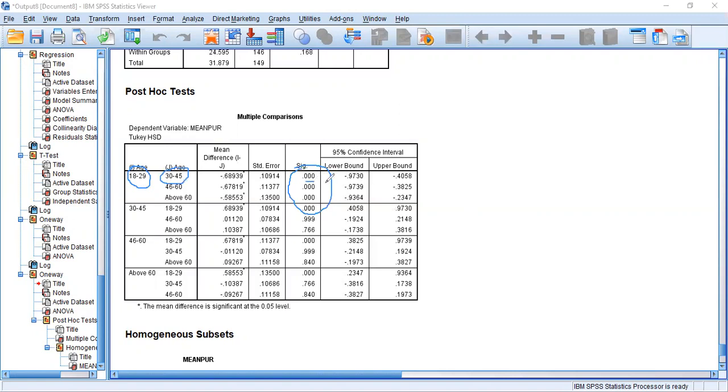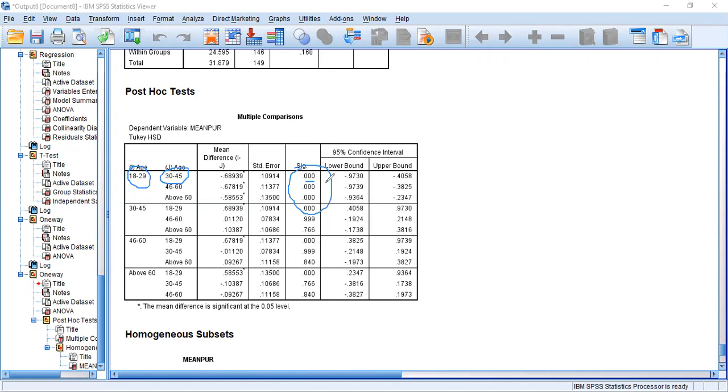So that value is significant. What does it mean? When comparing the purchase intention of the people aged between 18 to 29 as well as 30 to 45, the purchase intention is different.